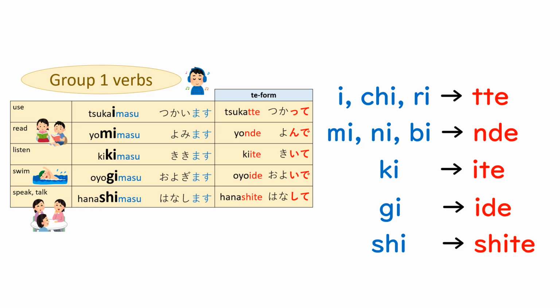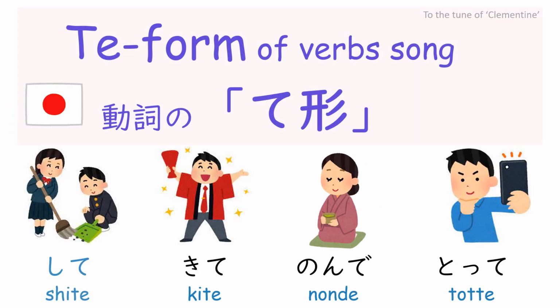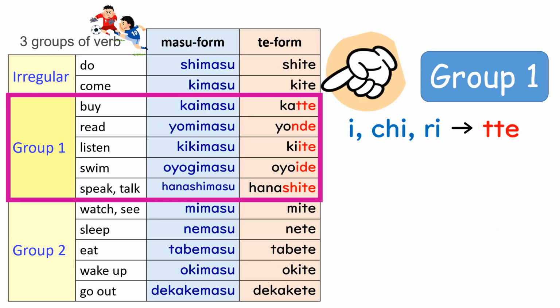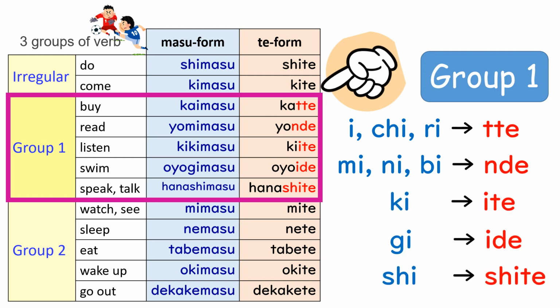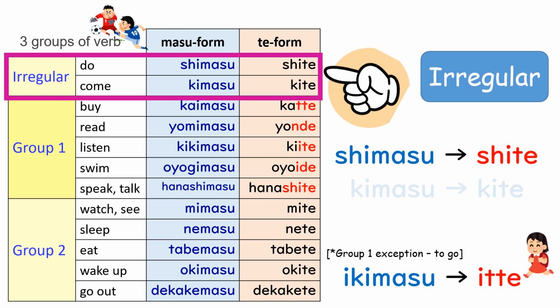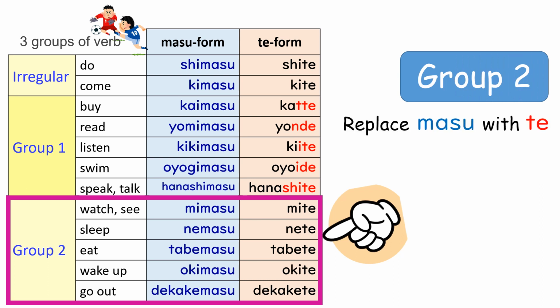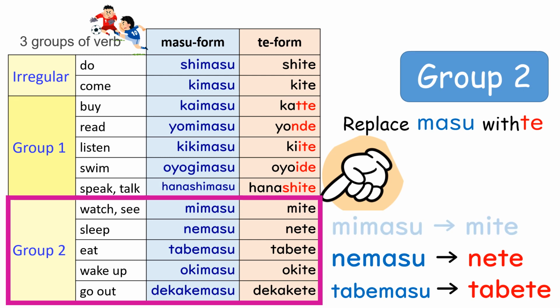So let's listen and sing. 一輪でミニ瓶で聞いて聞いてしますしてきます来て行きます行ってグープ2は簡単 Replace masu with て見ます見て寝ます寝て食べます食べて